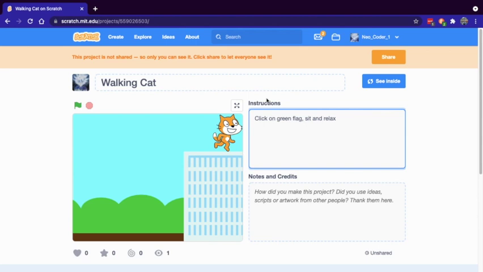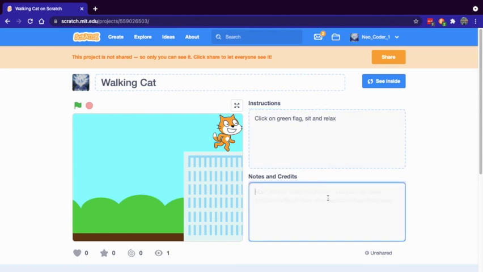These are the instructions, because we are not doing anything like pressing the space key or the arrow keys. Here you can type the notes and credits, like who created it, how you got the idea, or who helped you in making it. So I can only type that all the credits are to me.